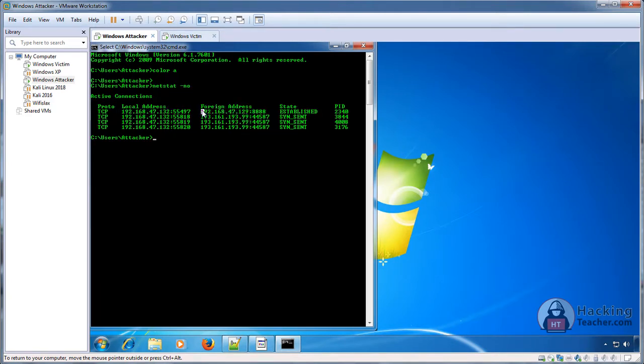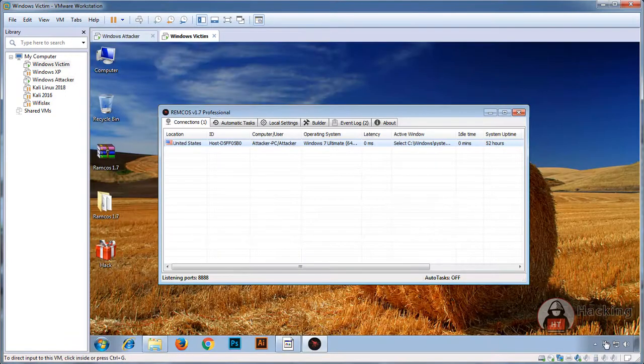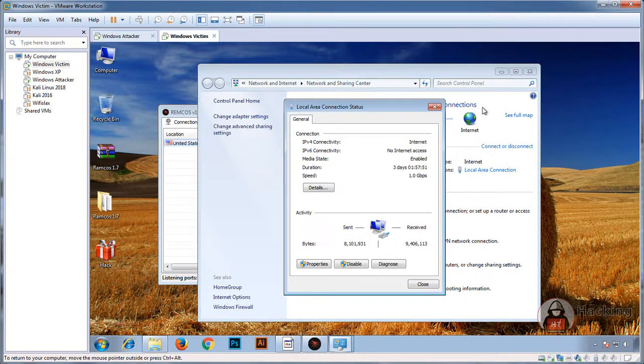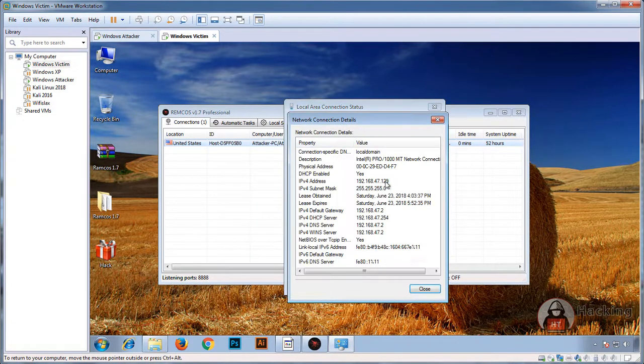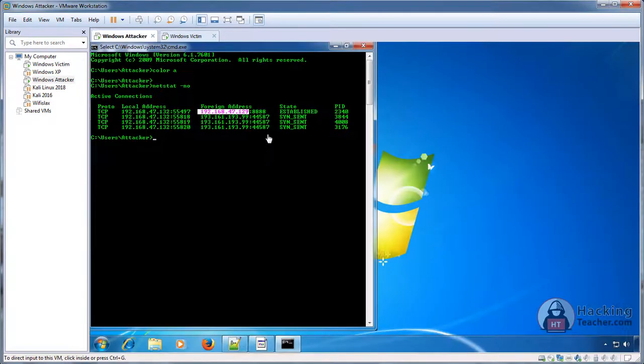The victim is 129, and our computer 132 is connecting to 129. The connection is established, and its PID is 2340.